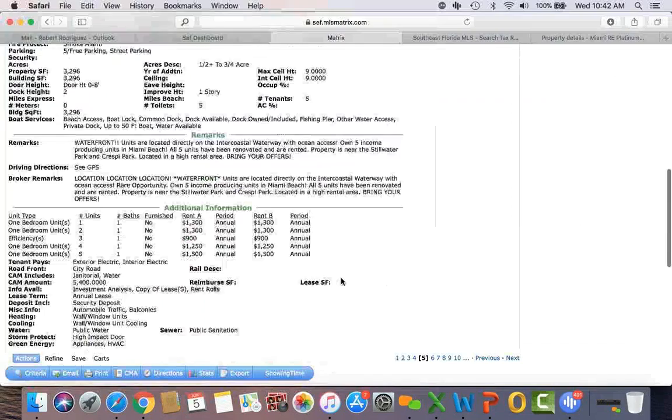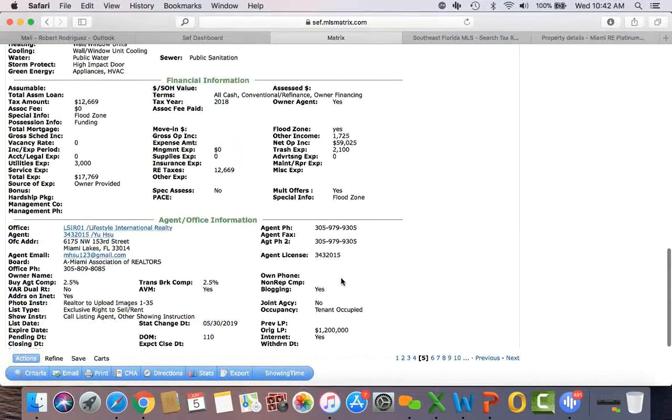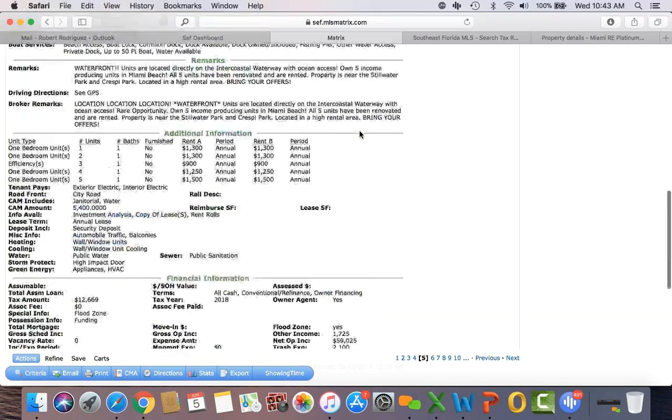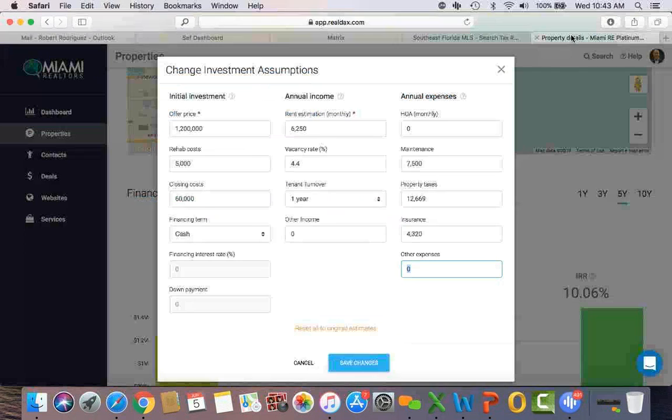I'm going to go back to Matrix and see if they tell us anything as far as expenses are concerned. So your taxes, utilities, they're telling you $3,000 in utilities, $2,100 in trash, so that's about $5,100 right there. And you do have other income as well, so there's probably some coin laundry in there. All right, so let's go ahead and do that. Let's put in here $5,100